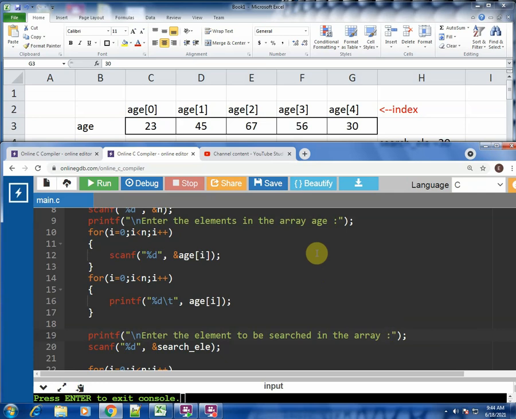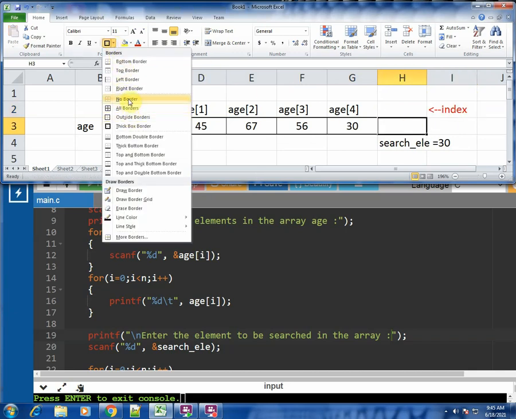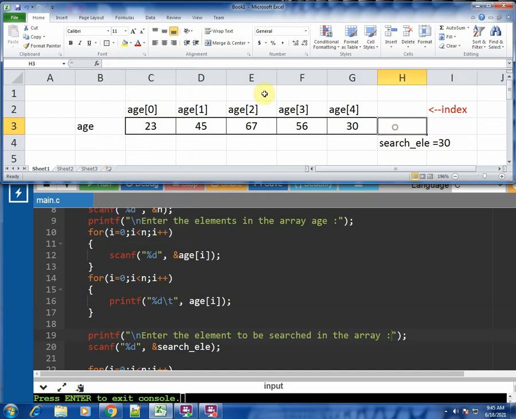Now what if we want to add an element to this array? How do we go about this? What do you mean by add an element? Suppose this is my example, age is the array. It has 5 values. Say I want to add another value in the last over here. So let us do that. I'll remove this. Suppose I want to add over here another element.